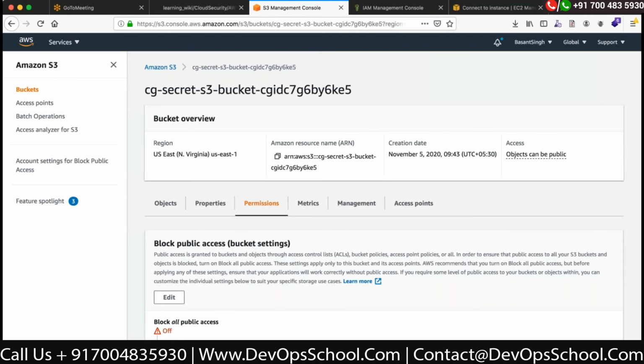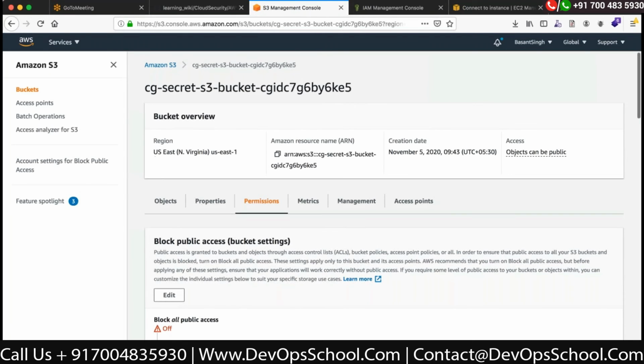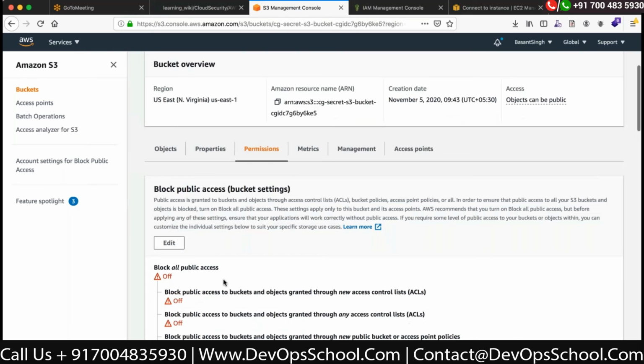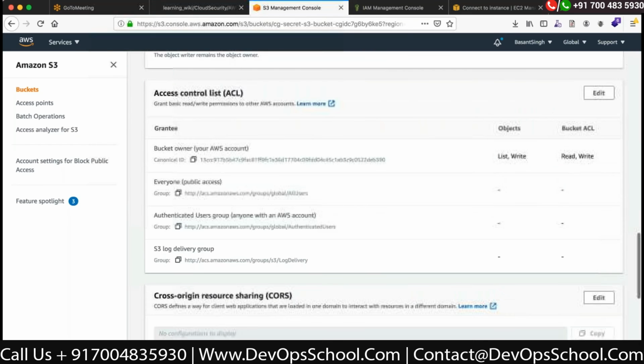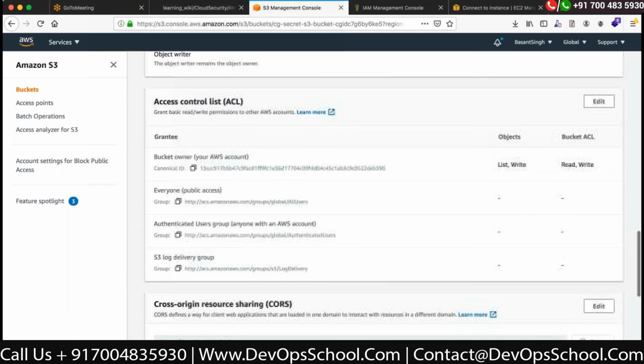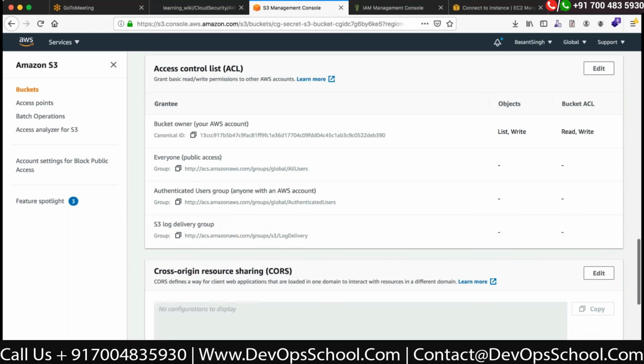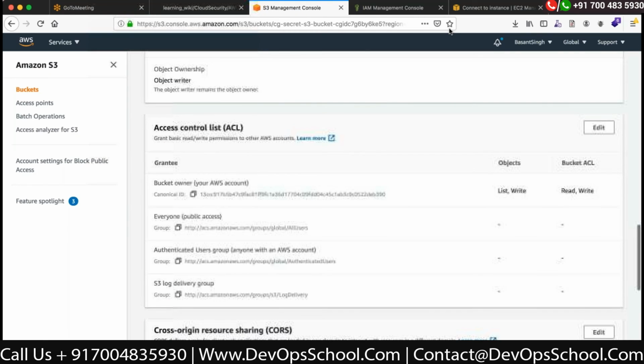Okay, over here you see the permission which has been set on this secret. This permission is completely blocked off. There is no bucket policy and there is nothing, and public access, you see that public access has been completely denied, but because the bucket is public, and if you see the object over here, this is a db text. Okay, if we click on that,